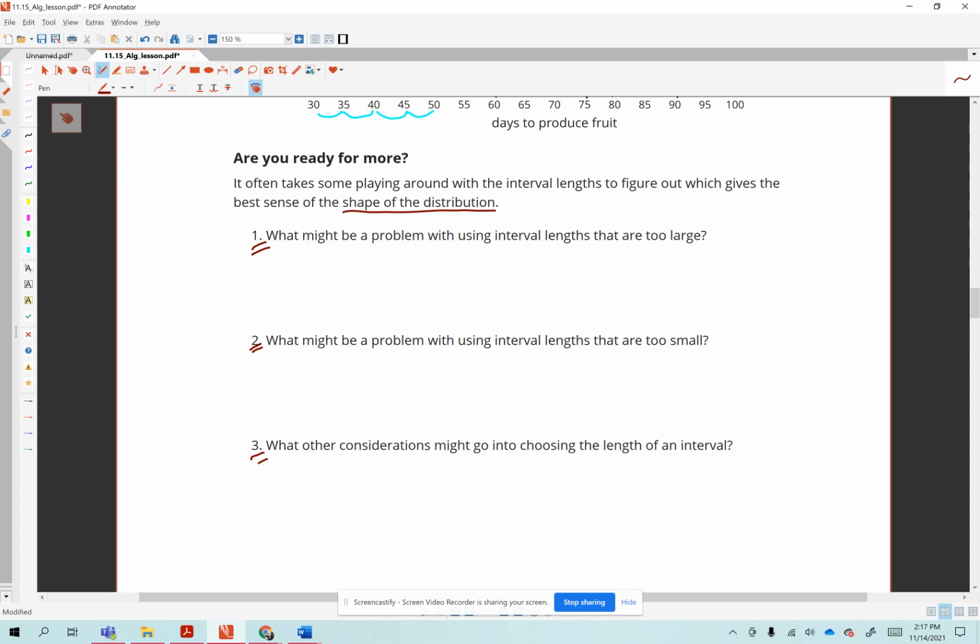We might have yard lengths if we're taking data about sports or football or something. So it usually doesn't make sense to have fewer than 5 bars, or certainly not more than 50. But in the context of your data set, you'll see where to make your intervals. One thing I want to address,